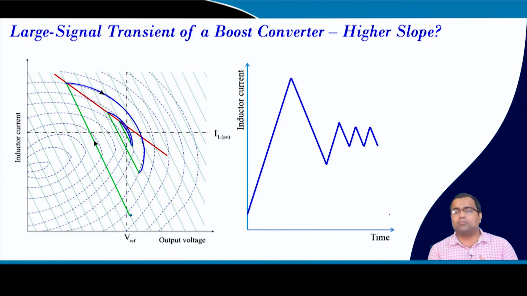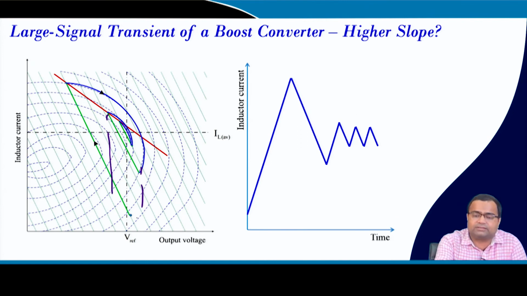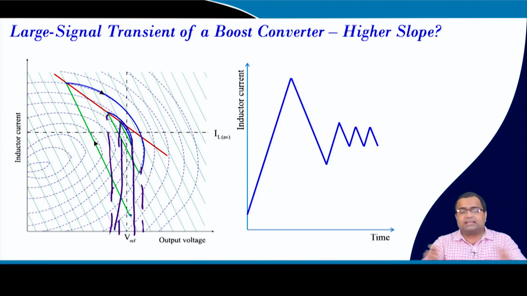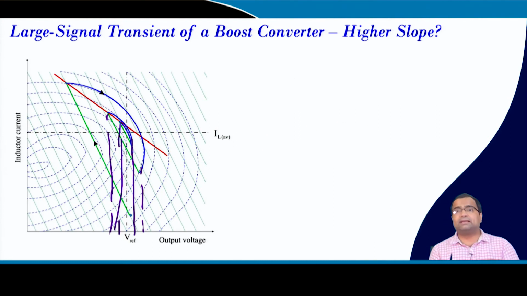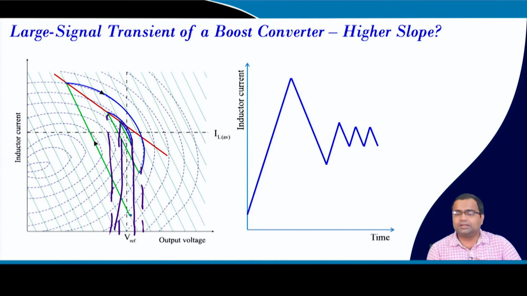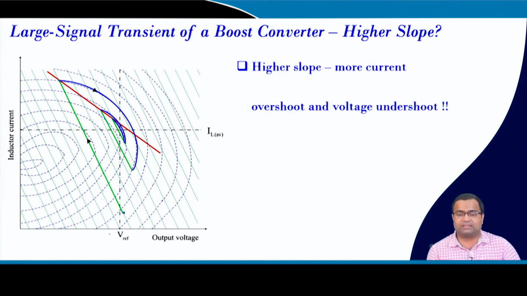Because of the increasing slope, there will be more current overshoot, right, and you can see the voltage overshoot and undershoot also increase, because this side is my output voltage and this is my desired ripple voltage, but I am going beyond either side of the ripple, that means there will be overshoot and undershoot in the output voltage also. That means, if we increase the slope from here to here, we are getting more overshoot and undershoot, which is not desirable. Similarly, if you reduce the gain, then you will get an overdamped response, and I am going to show that using experimental results. So, we need to find the optimal slope: higher slope, more current overshoot and undershoot.